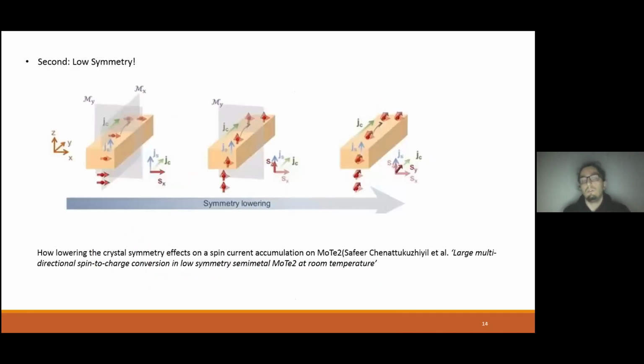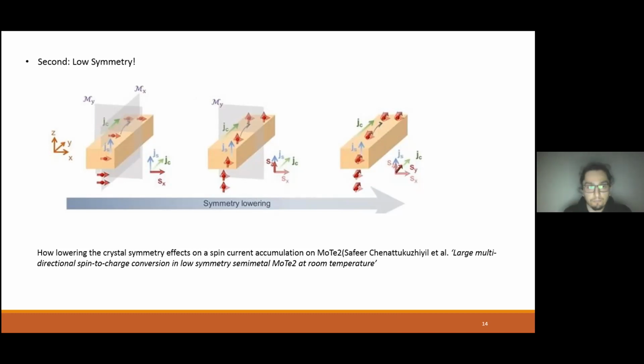Okay, so we talked about the relaxation mechanism. So how about the spin Hall effect mechanism? We have been talking about the materials, and here is the explanation of the type of materials that we need to use to achieve those properties. So first, I will be talking about the importance of symmetry when we obtain the spin Hall effect inside the material. So at the beginning, you see how charge current is injected and spin current is being produced